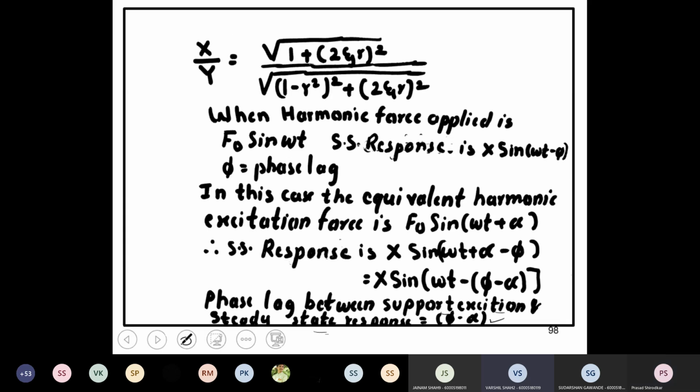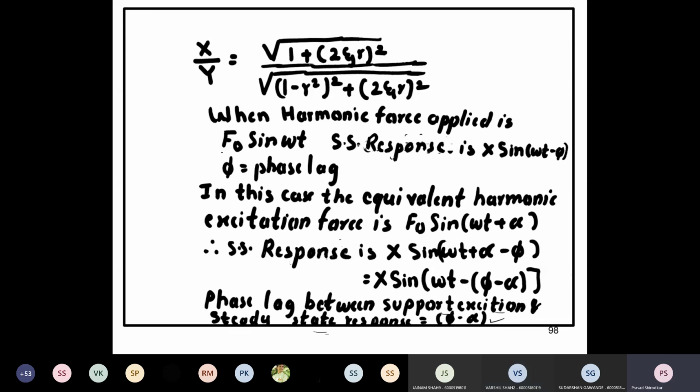Alright, and to derive this angle, so phase lag, anything not clear, you should interrupt me immediately. Phi minus alpha, so phi, sir, is, yes. Sir, last point not clear. Alright, see,